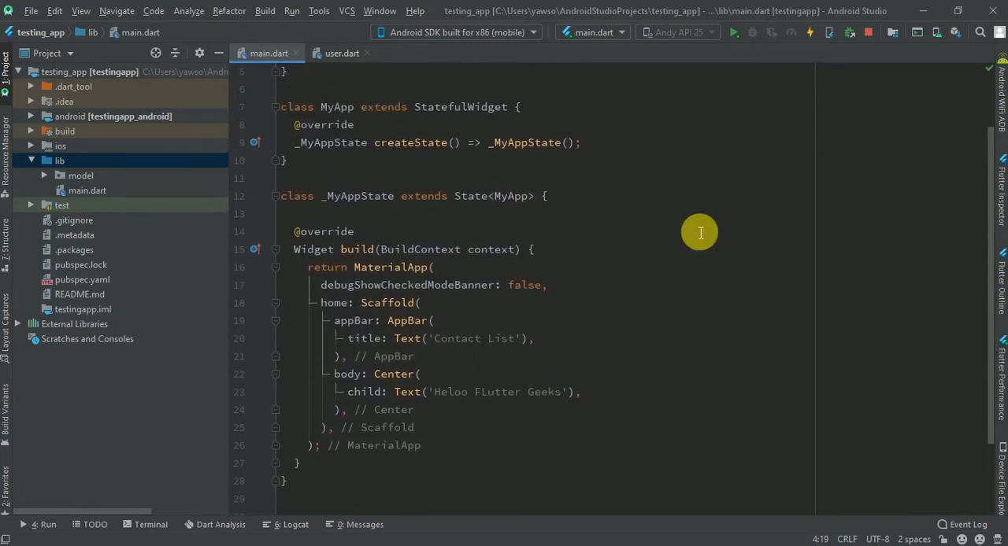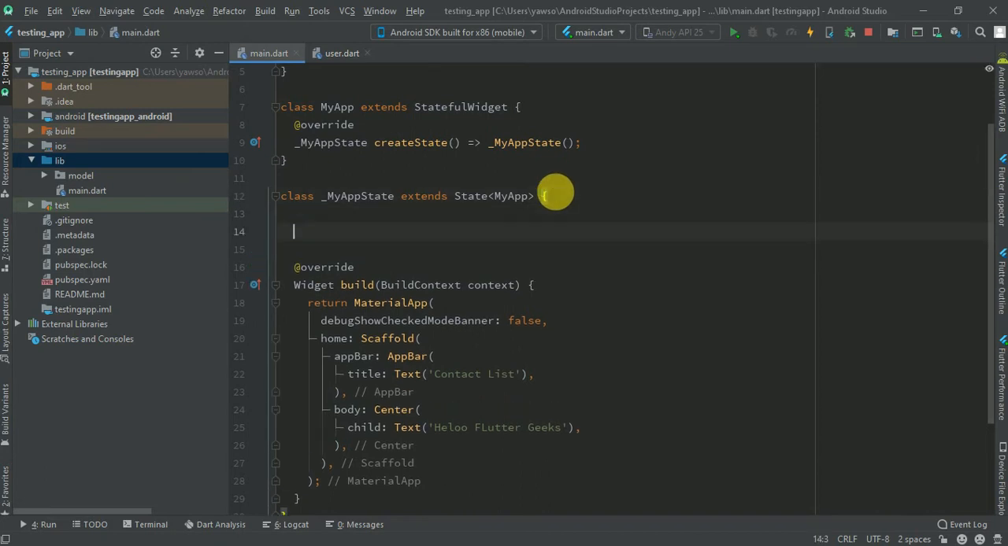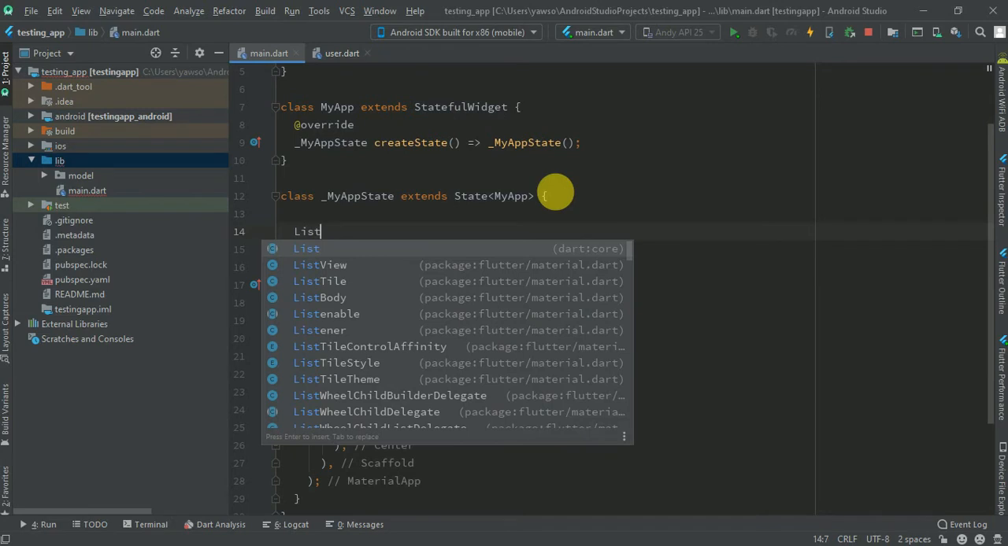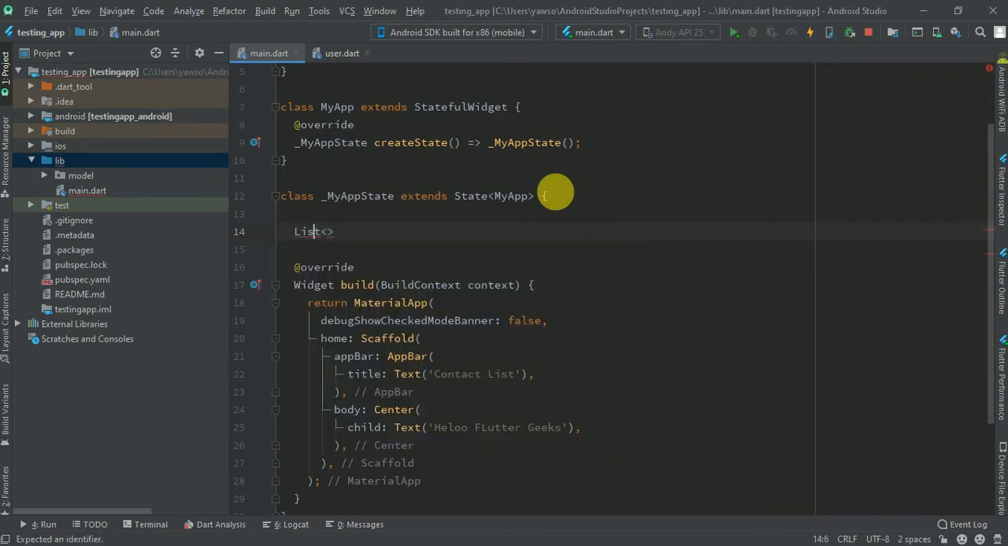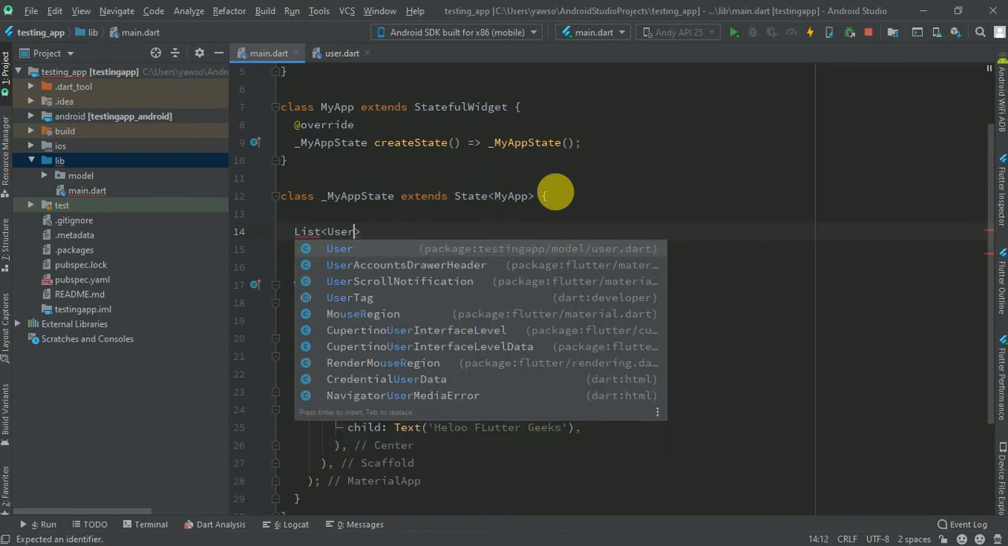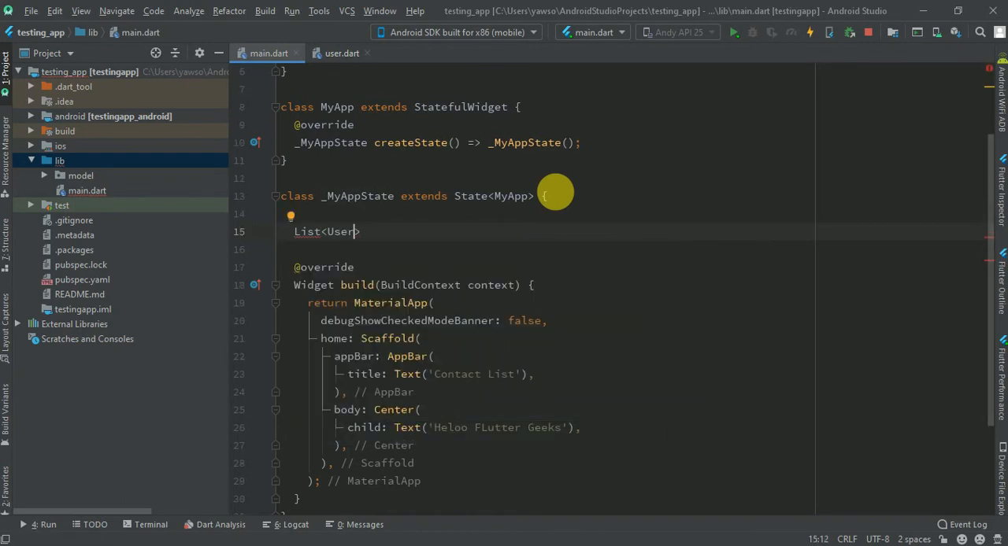Now what we can do is quickly create a method. The method is going to return a list, and we are going to call the user model. So it's going to return a list of user models, a list of users. So we have to import the user here. Then let's call it get